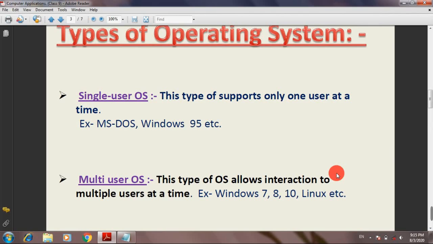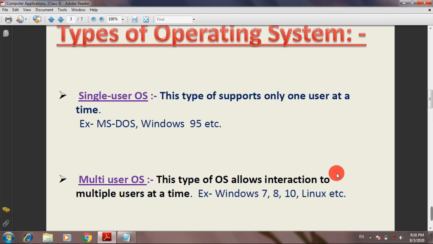As the name suggests, single user means at a time only one user can operate this type of operating system. For example, you can take MS-DOS and Windows 95. So these two are single user operating systems.